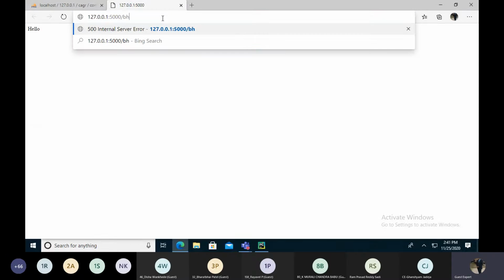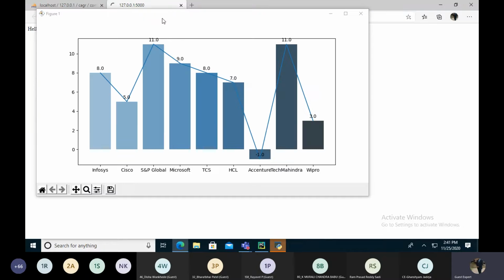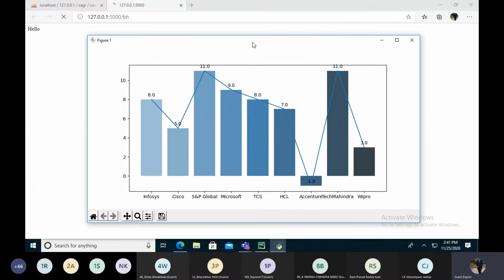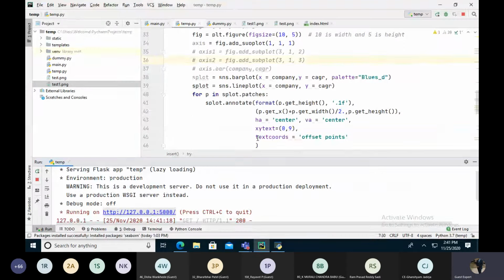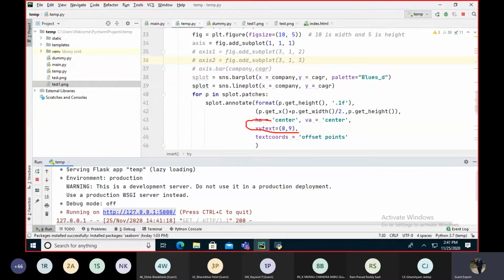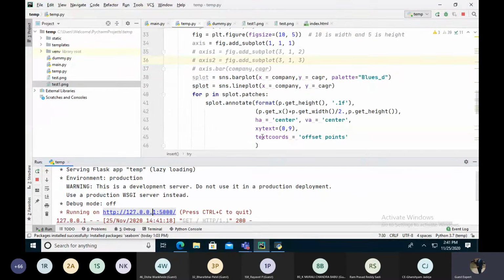We will go to the browser route. As you can see, it displays the value on the top of the bar. 5, 11, 9, 8, whatever the value is, it will display at the point. So I will explain this xytext. Let me change this and you will understand what this is about.